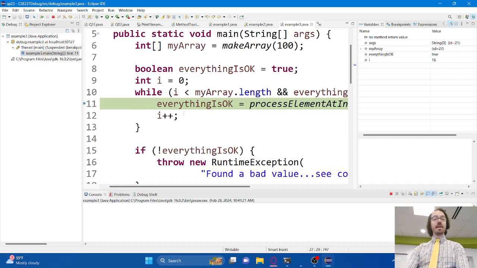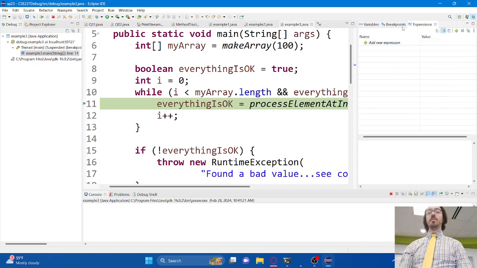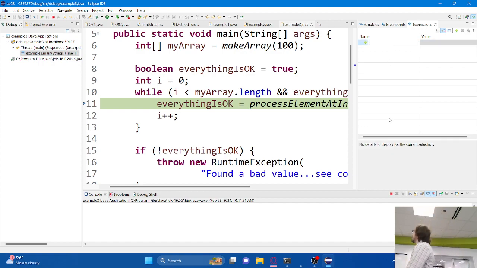If the value in the array is 0, then that's going to be a problem for me, and I want to see what's going on with my code, with my program at that point in time. I'm going to click on the Expressions tab, which is up here next to the breakpoints and the Variables tab in the debug perspective in Eclipse. And if I click on one of these blank lines here in the Expressions window, I'm going to type in